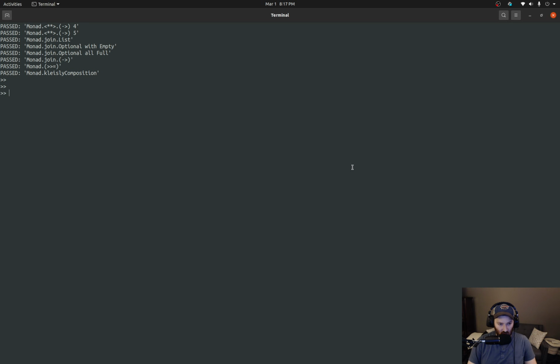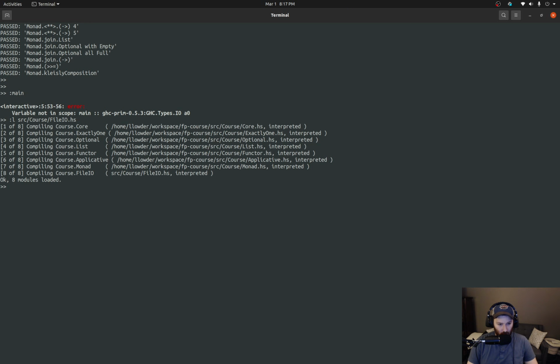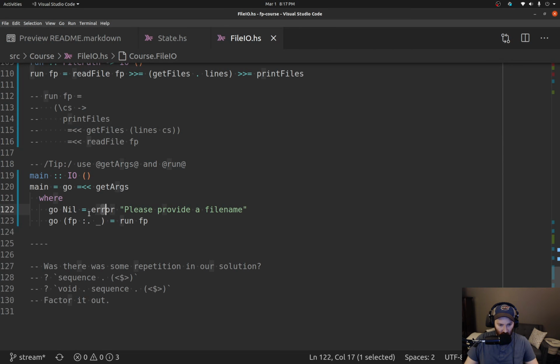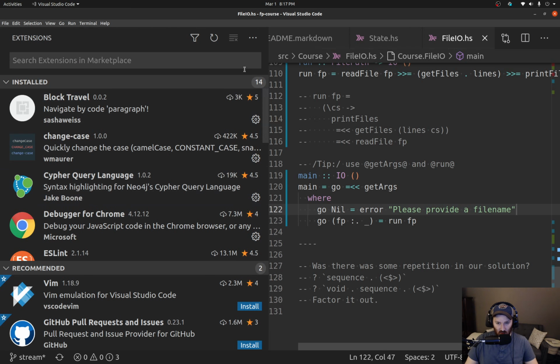If I pass main and no arguments, I think I have to load the source, file IO, and then I say main. We get "please provide a file name," because that is the error that we said to throw. But if we do provide a file name, such as, let's see,